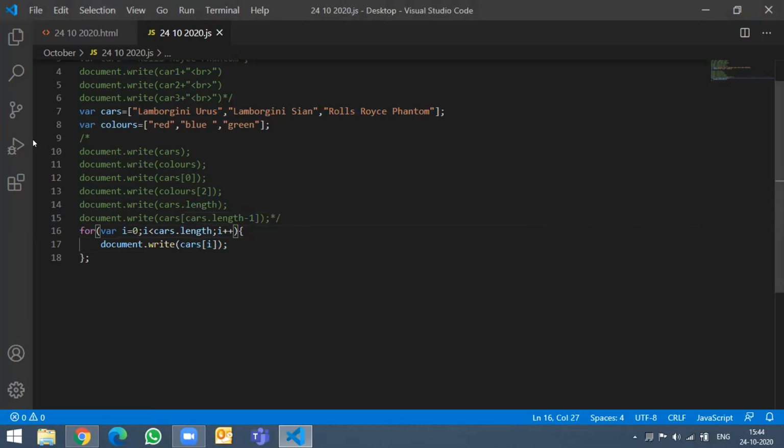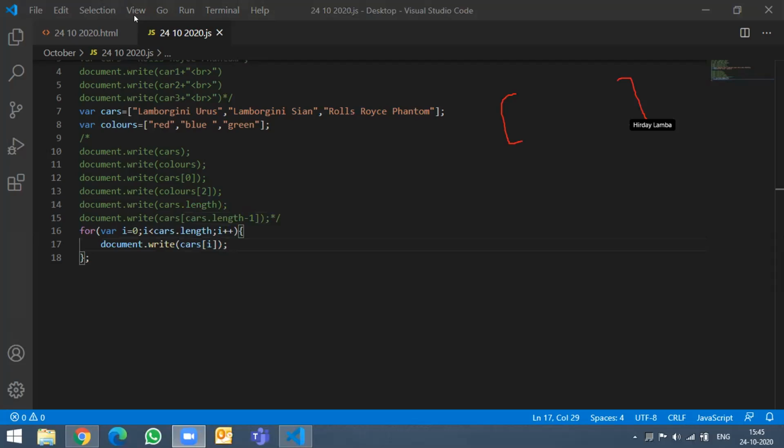Try to see that there are various ways we are making use of different statements to print the same thing. Okay, so let's try to recap. Very first thing, if there are 3 cars, we were having 3 different variables. Then we said this is not the right way to do it. Then we made use of an array. Array is a collection of values.